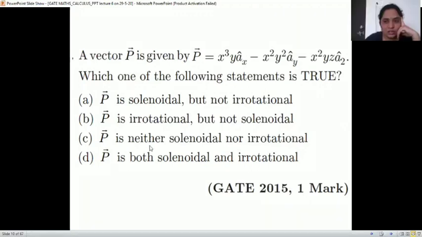Yes, Prajakta, what is the answer? Someone is telling me the answer. Please tell me. C. C. Okay, let us check. Anyone else? Some other option? Or should I go to the answer? Okay, we'll go.